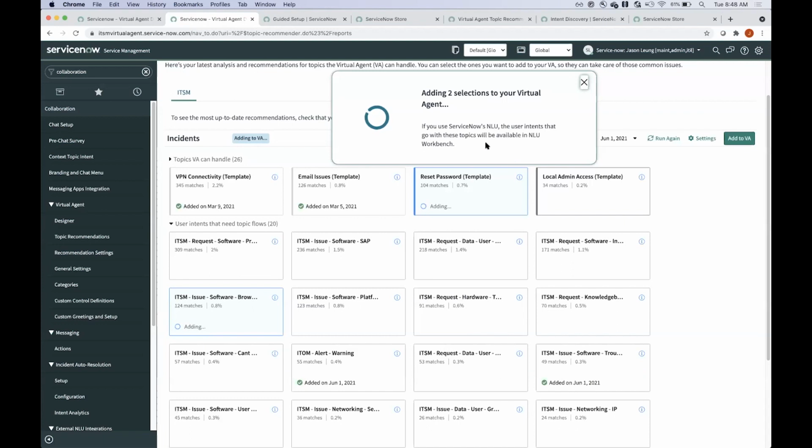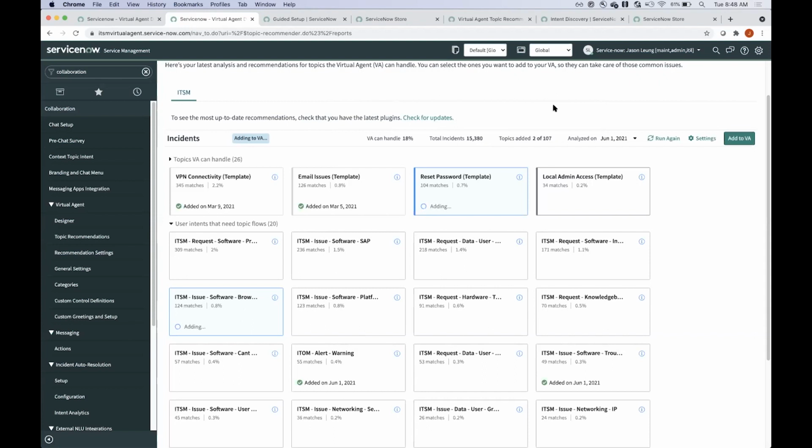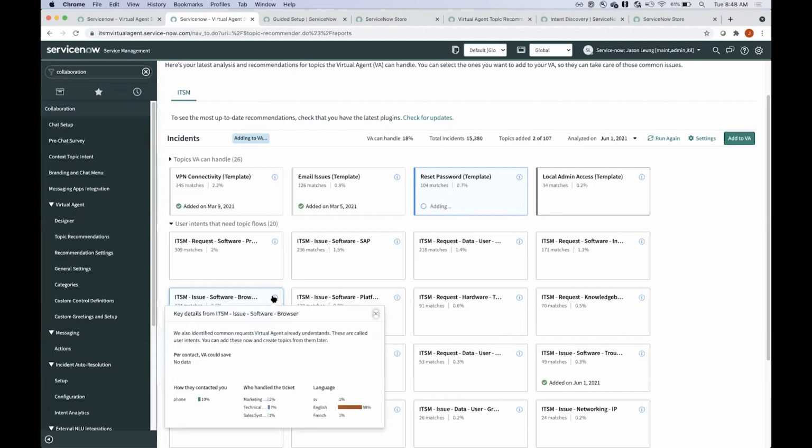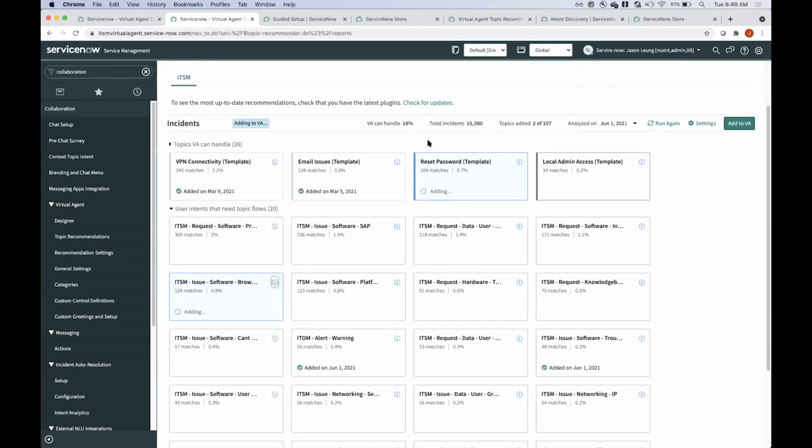And this generally will take a couple of minutes. And so when I go back into the designer, I'll be able to see that this reset password topic has been duplicated. And then I'll also see that there is going to be an additional issue software browser intent that exists now in my NLU model. So just while this is loading and putting in the record, any additional questions,